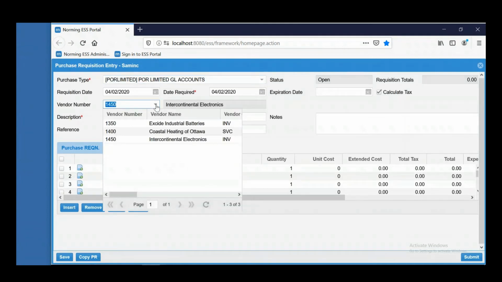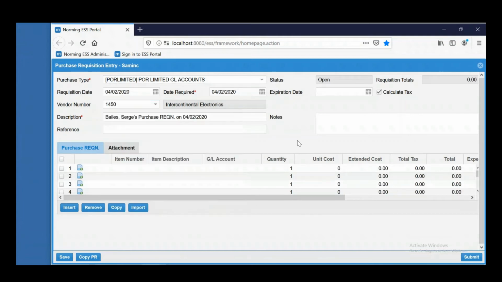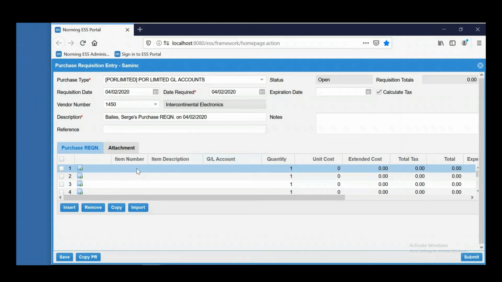Rather than showing all of my vendors, it's only limiting to these 3 vendors, and it's defaulted my Intercontinental Electronics vendor. So it makes entry quite easy. You've got your standard Sage 300 fields for purchase requisitions, where descriptions, references, notes, that sort of thing. You've got all your line item details below. So for a non-stock item, I'm just going to enter in item X, maybe